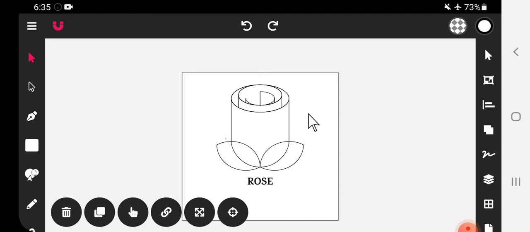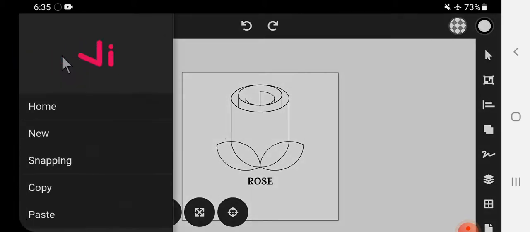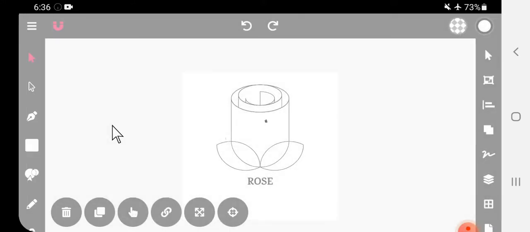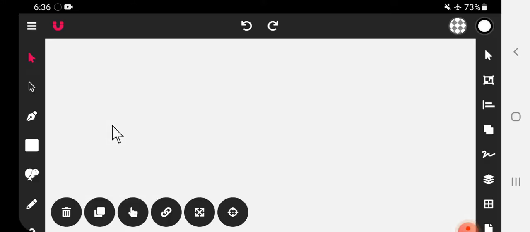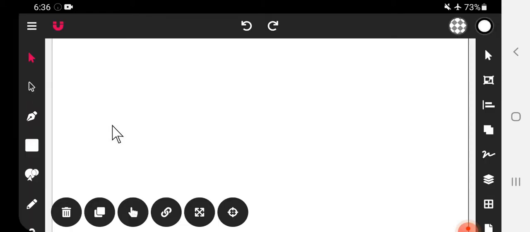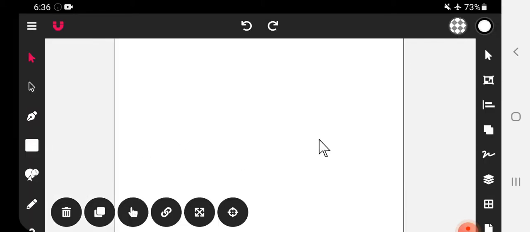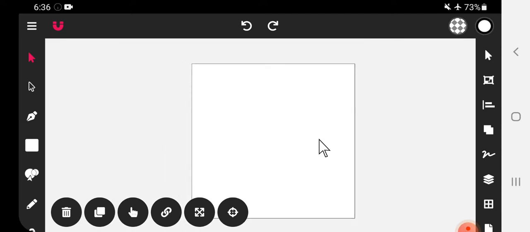So first let's start our new project. We have opened a new project now. We will adjust the size of the artboard so that we can work very easily.